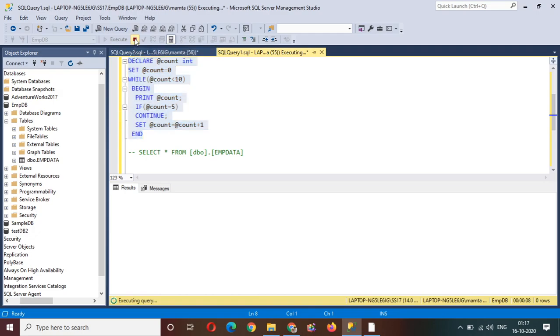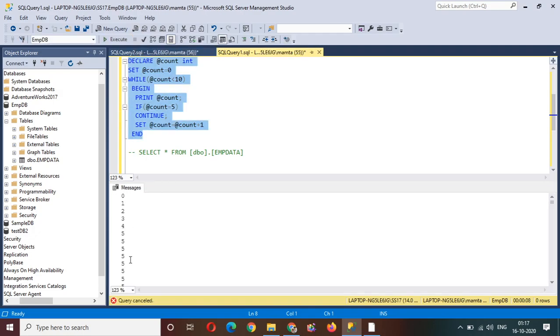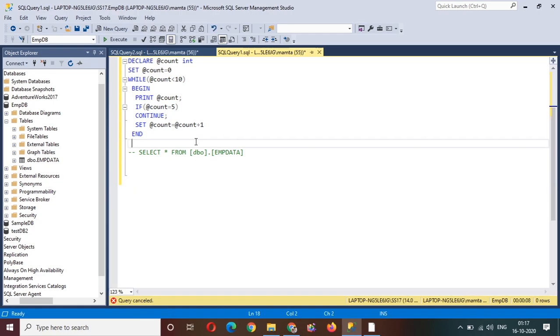See, it started from 0 to 5, and if it checks that the count is 5, then it will continue infinitely. It will not go to the second statement, it will not increment the value, and it will continue printing 5 for infinite time. So you need to stop the query, you need to cancel the query, as I did. This way you can use continue.